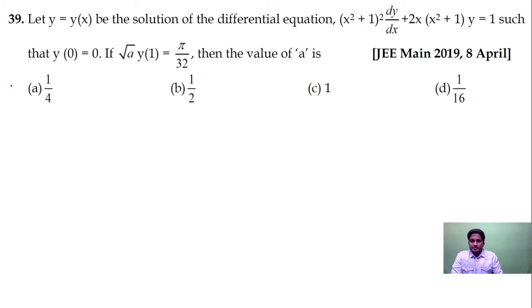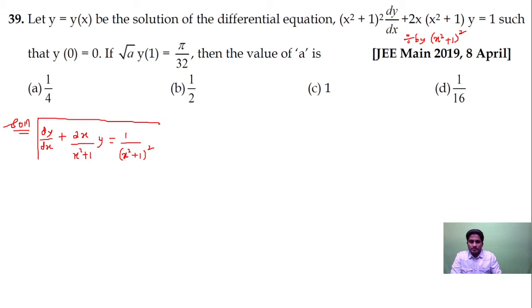Question number 39. It's a linear differential equation. If I divide throughout by (x² + 1) the whole square, this becomes dy/dx plus 2x divided by (x² + 1) into y is equal to 1 upon (x² + 1) the whole square. So this is a linear differential equation. This is of the form